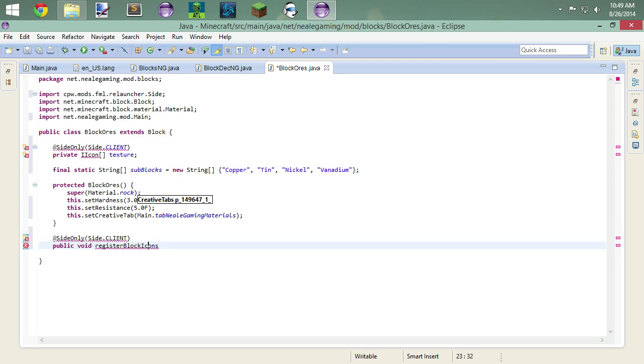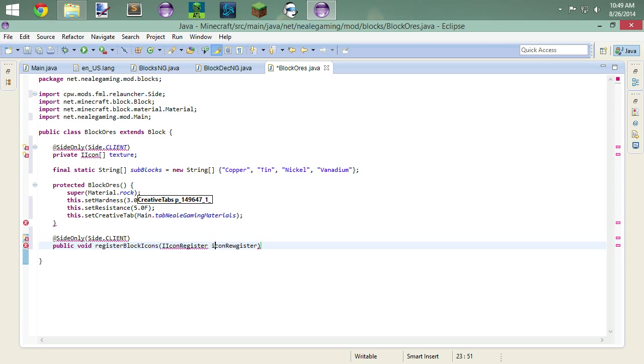Make sure that if we're doing items and not blocks, we'll just have registerIcons. When we're dealing with blocks, we have to put registerBlockIcons, and make sure that it's icons and not just icon. So we will do IconRegister,